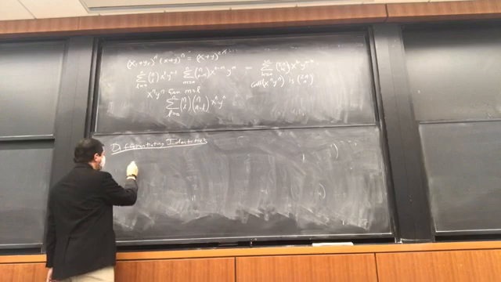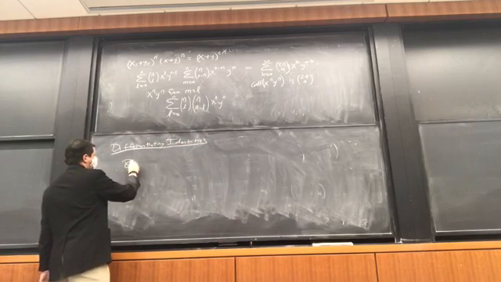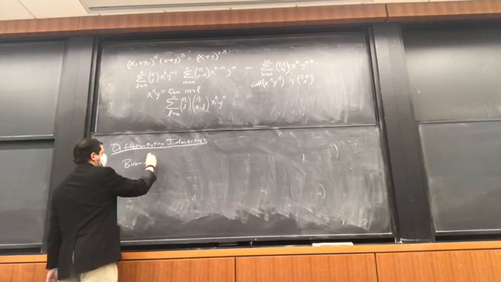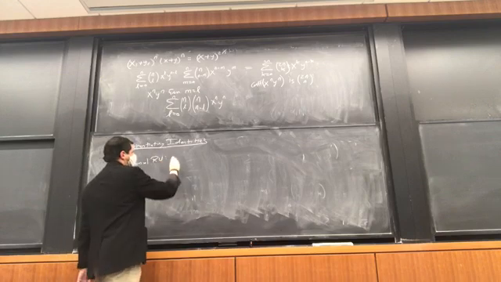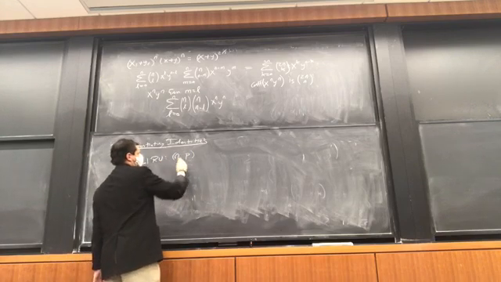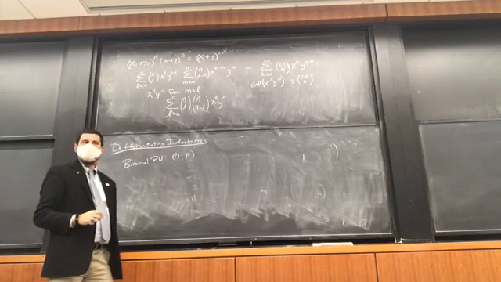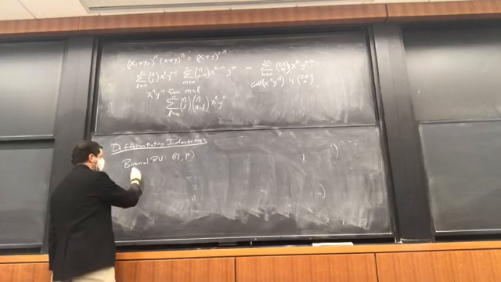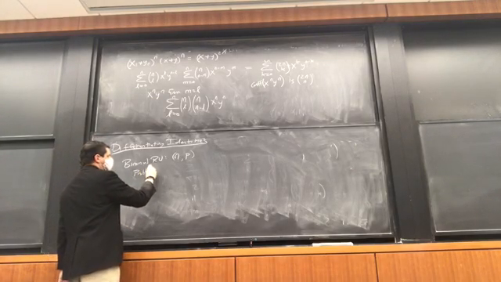And so imagine I give you a binomial random variable. So you have n and p. And so the probability you have k heads,